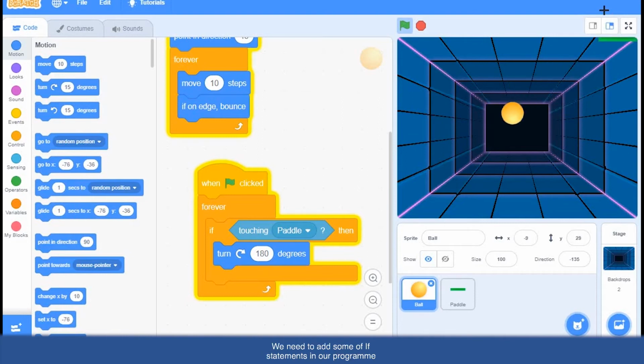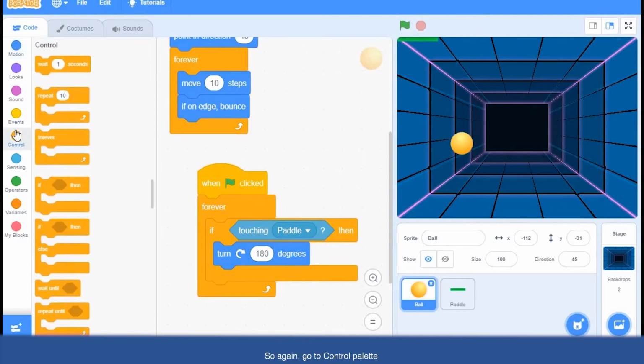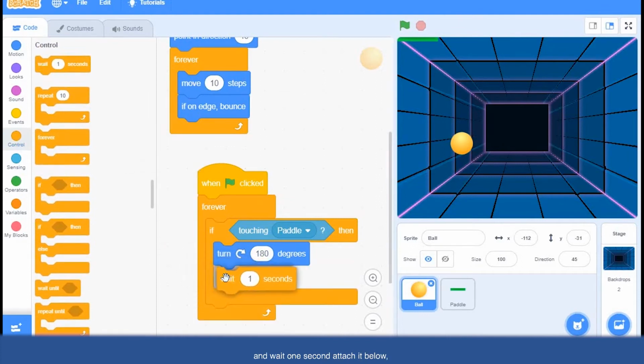We need to add some wait statements in our program to fix that problem. So again go to the control palette and get wait 1 second, attach it below turn 180 degrees, and instead of 1 second we can add some small amount of seconds, maybe 0.1. It should be enough. Let's see.